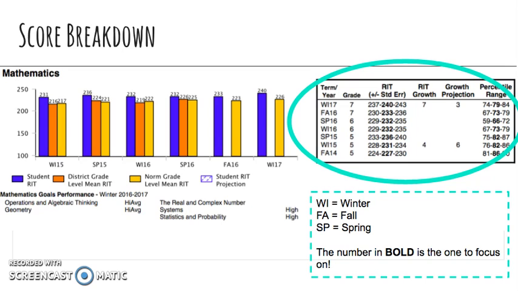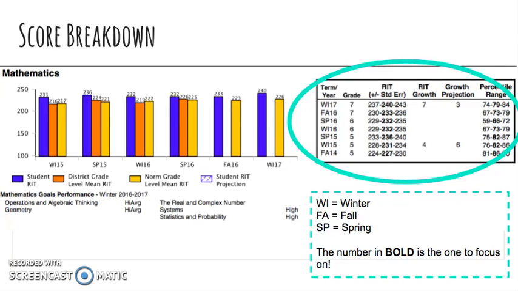Next, you'll see all your scores to the right. So your graph, if you look at this Kipster, starts in winter 2015. But if you look to the right, it actually shows this Kipster has been with us since fall of 2014. So if you look over here, where it says term and year, the most recent one is on top. And here's what those little letters and numbers mean. WI stands for winter. So when you see WI first, it means winter. Then the number next to it is actually the year. So winter 2017, which is this past winter.